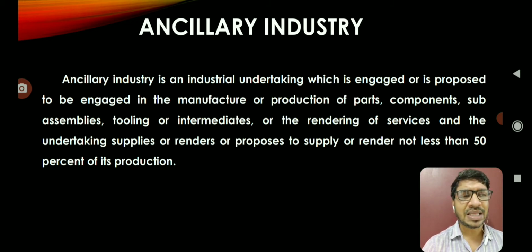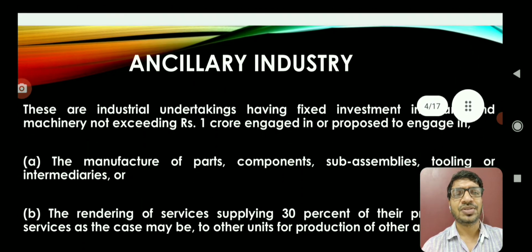All these 30,000 components cannot be manufactured by a core company, whether it is Tata or Maruti or any other company. It cannot manufacture all these 30,000 components. Certain components are made in-house and some other components are supplied by external parties. These supporting entities are called ancillary industries. So that is the basic definition of ancillary industry.